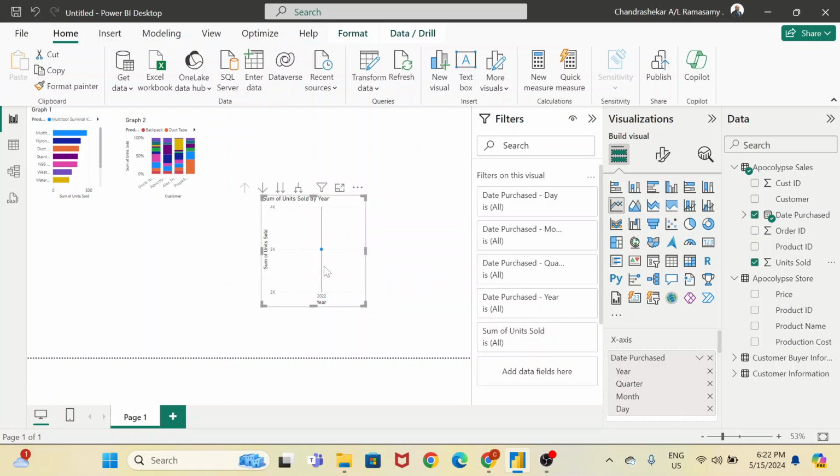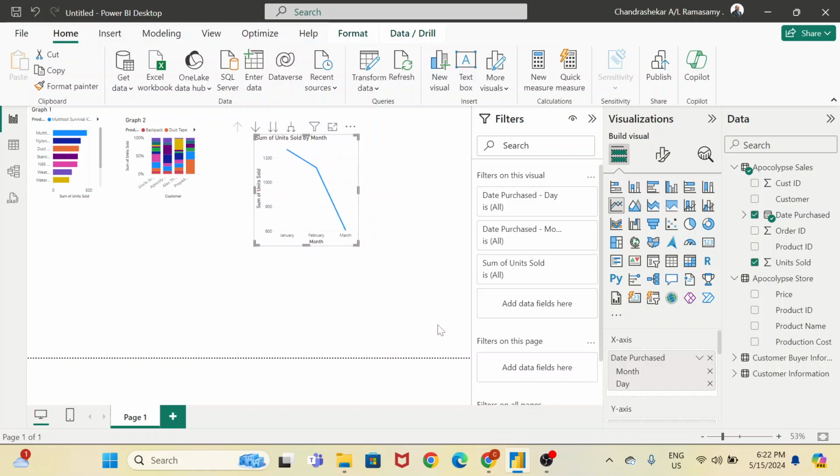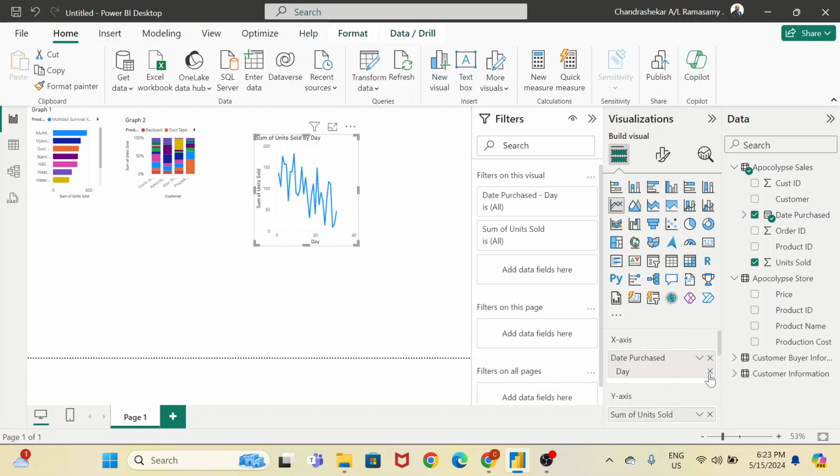So in this case we cannot visualize anything, so you remove the year. If you go by quarter, again 3 months is one quarter, again one dot. We don't want that. And now only you can see the month, 3 months, 1 2 3, January, February, March. You can see the month there. Of course, you can go by day here. Later we will click it. We keep it in the month. If you go by day, it becomes like this. Much